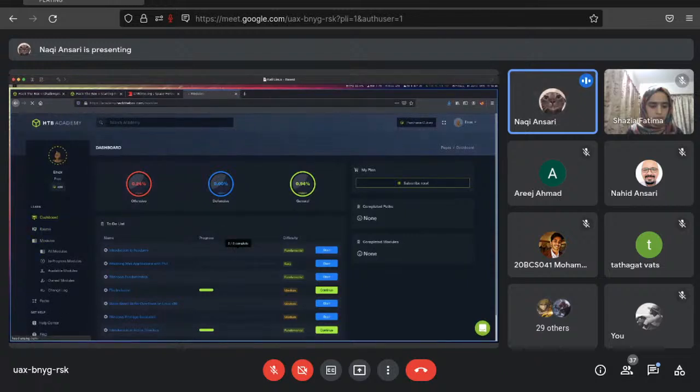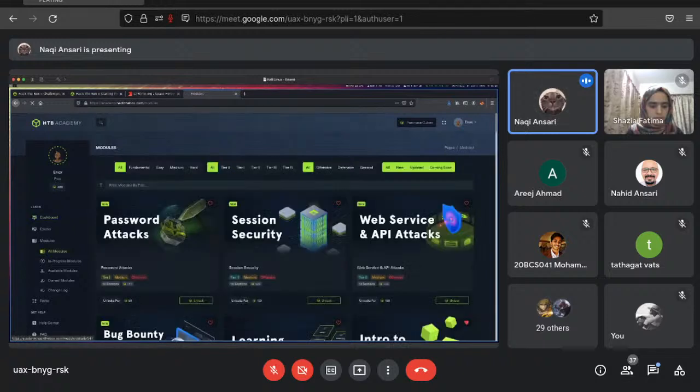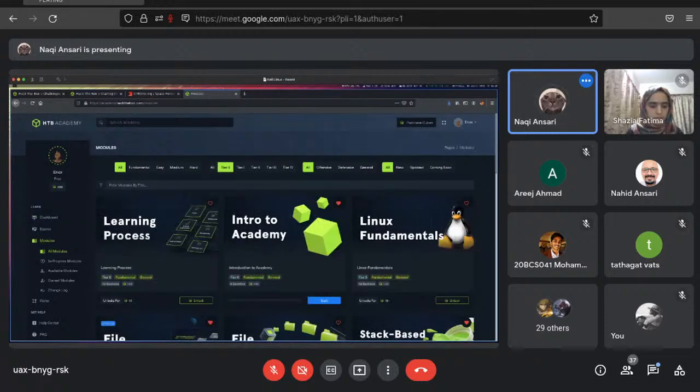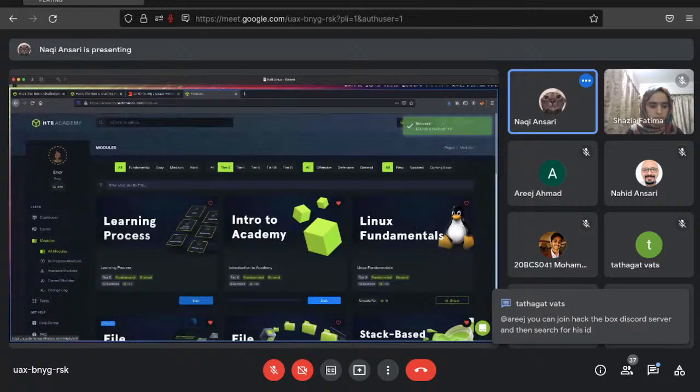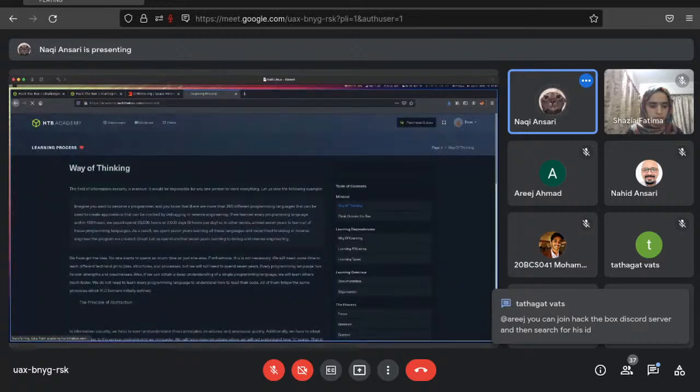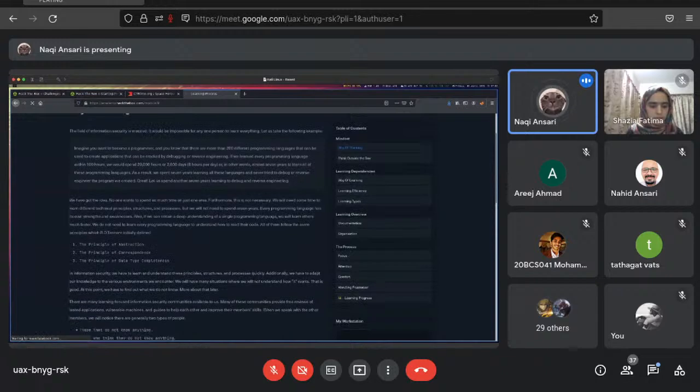Of course it's not completely free, but the tier 0 modules are free. So when you create an account, you'll have 10 cubes. I have like 486. So when you have the 10 cubes, let's say you were to unlock this module, unlock for 10. This is a learning process module where they teach you stuff.